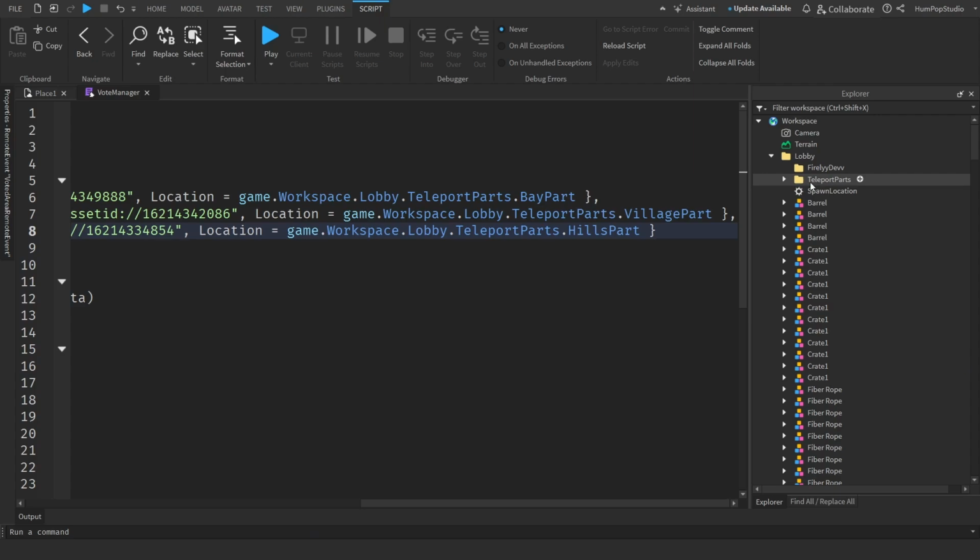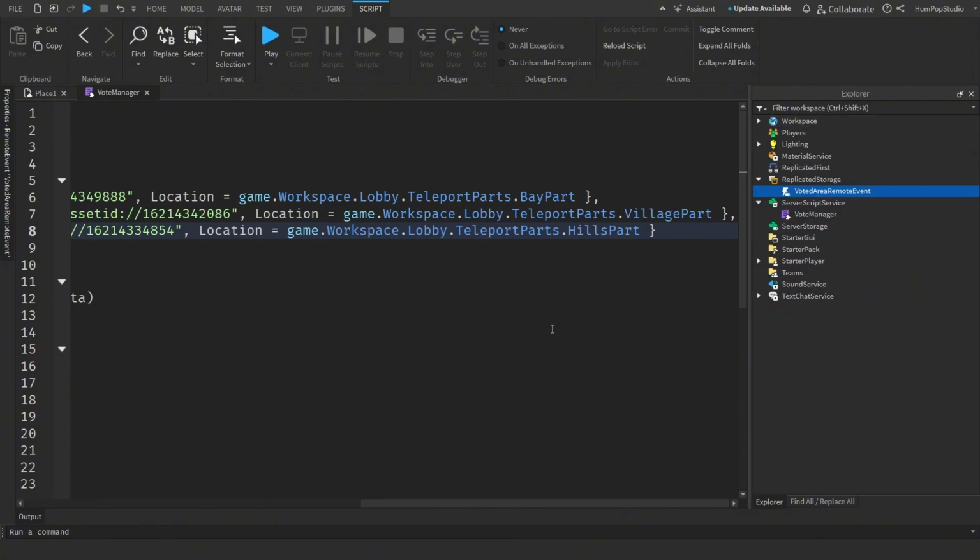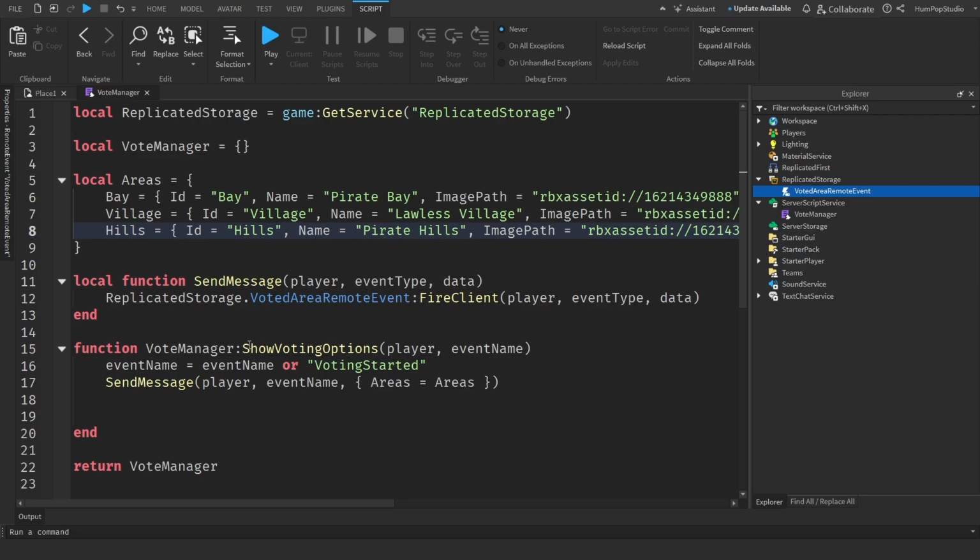The map I'm using today has been created by Dev. It's a brilliant map. I really like the look of it. But you can see here, we've got our parts, which we're going to use as our teleport points, and they're referenced here. Now they're going to be used once the voting's taken place, and we can say maybe the users have chosen Bay, then we'll just grab the location and send all the players over to that particular location. But before we do that, we need to make sure that our messages are getting sent down to the